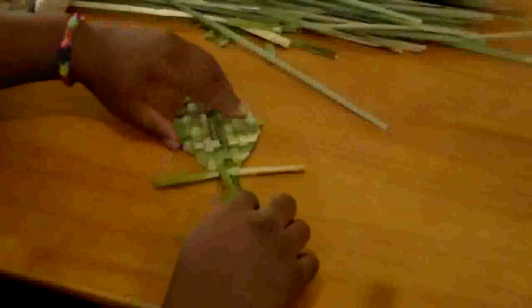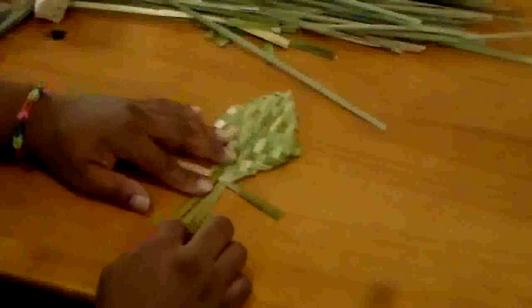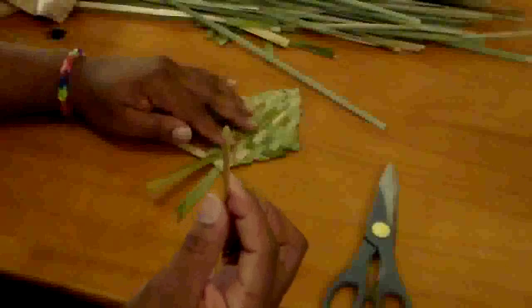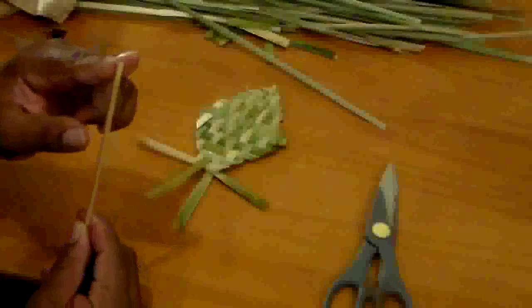Now what I want to do is take one of these and weave them. I want to fold this one. I'm going to take the right one here and tuck it and weave it onto itself underneath the other cross weavers. Sometimes it helps to cut these at an angle to make a point, and it also helps to have a little tool. I have a chopstick that has a point with a beveled flat edge that'll help me